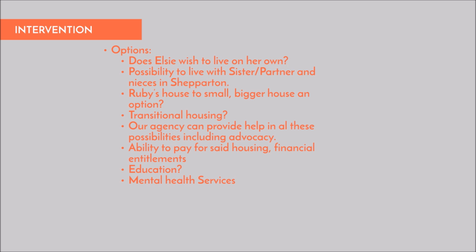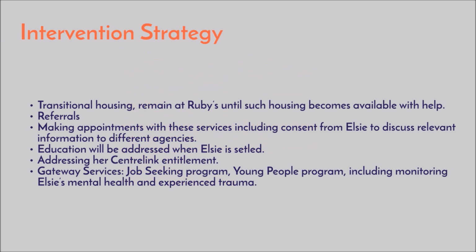The interventions we have put in place: we are identifying that she might require crisis accommodation or transitional housing to stabilise where she is. We are identifying that she may require an intensive period of support to regain her independence, which therefore she may need assistance with skills for daily living, like financial support and things like that. And she may require floating support for longer term to ensure that tenancy is sustained.